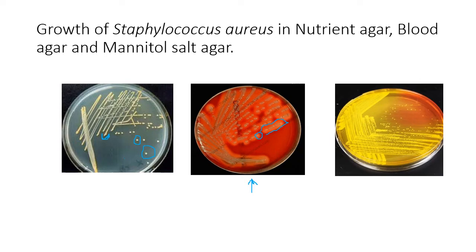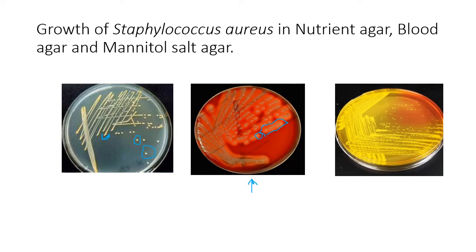Now what is beta hemolysis? Beta hemolysis is complete lysis of RBCs, which is done by both Staph aureus and Streptococci. So blood agar, as I told you, is an excellent medium for all microbes. So whether it is staph, which is actually non-fastidious, or strep, which is fastidious, both will grow on blood agar.